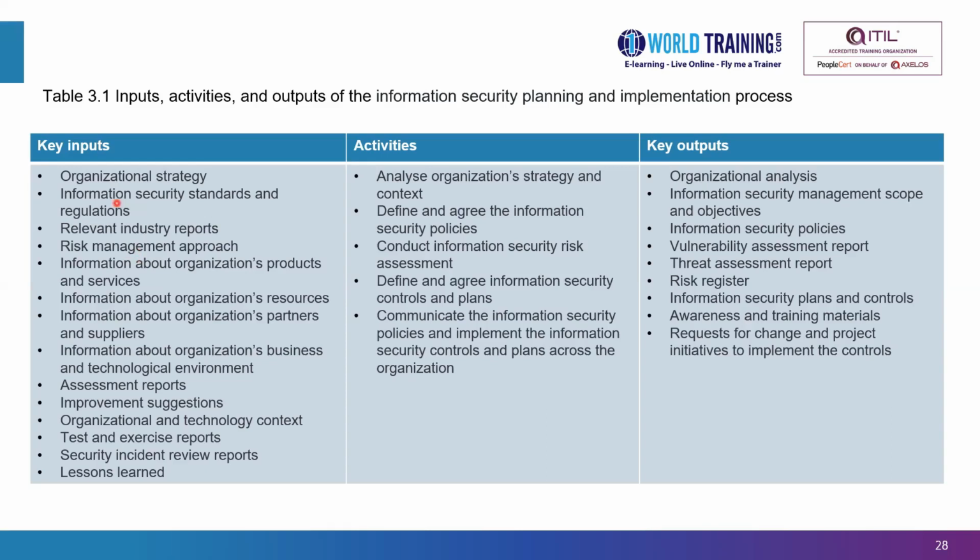So this is the information security planning and implementation process. So both the planning and the implementation of the controls, etc., happens here. Therefore, naturally, that would need lots of inputs to perform the planning and implementation. Therefore, we can see quite a lot here, such as the organization strategy would influence the planning, the information security standards and regulations, both internal and external, would influence, relevant industry reports for better planning, the risk management approach of the organization, and